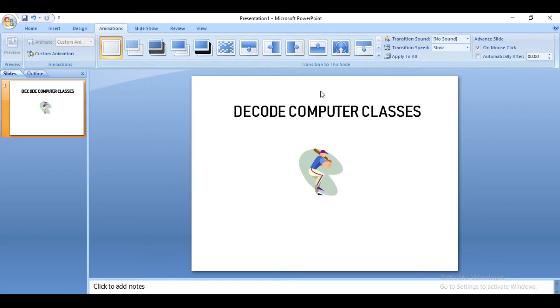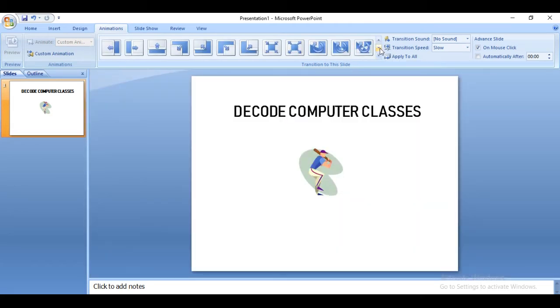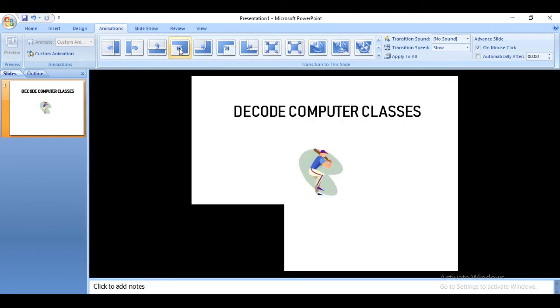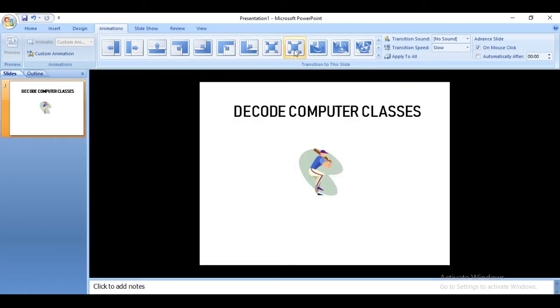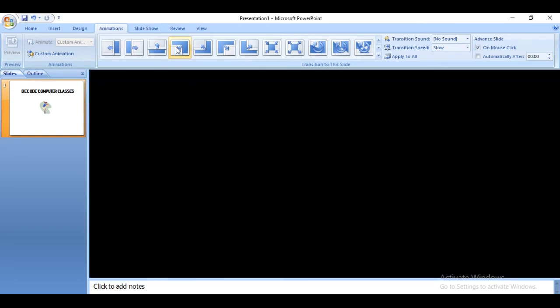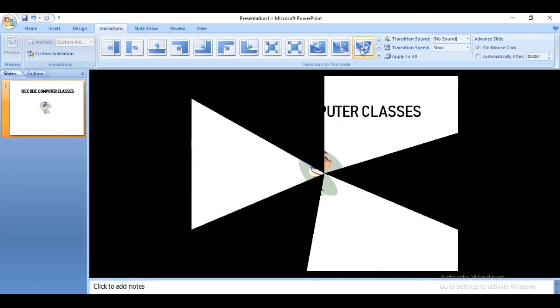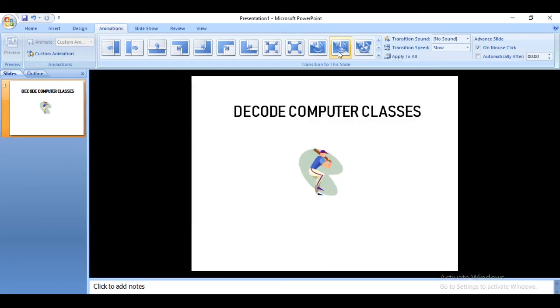By clicking on this arrow, you can apply different types of transition effects, as you can see. These effects are really cool, and they give a very unique effect to the slide. You can try all of these.